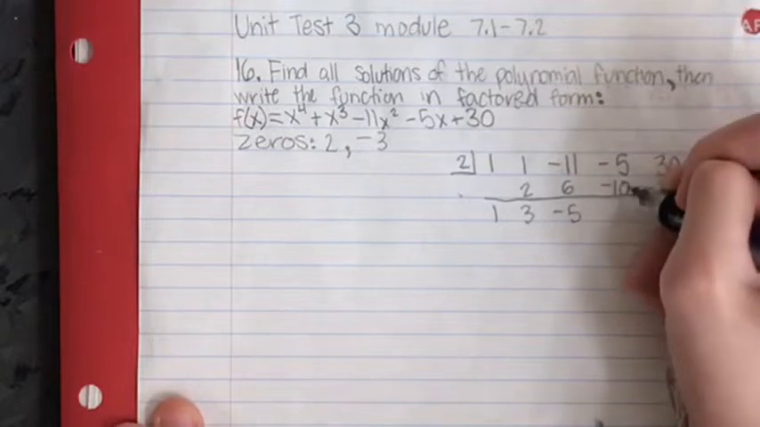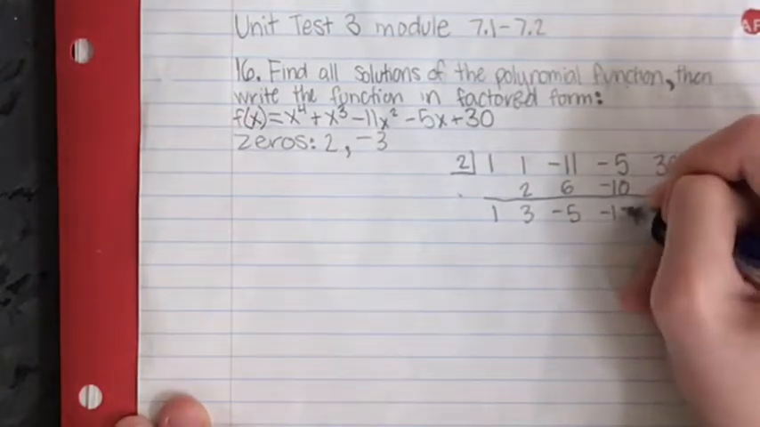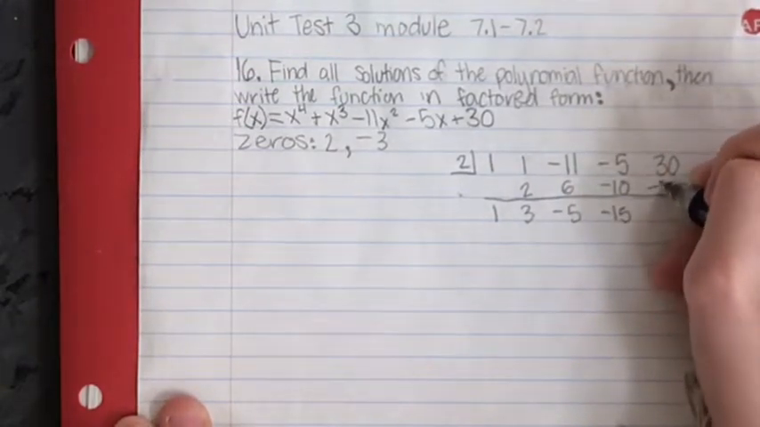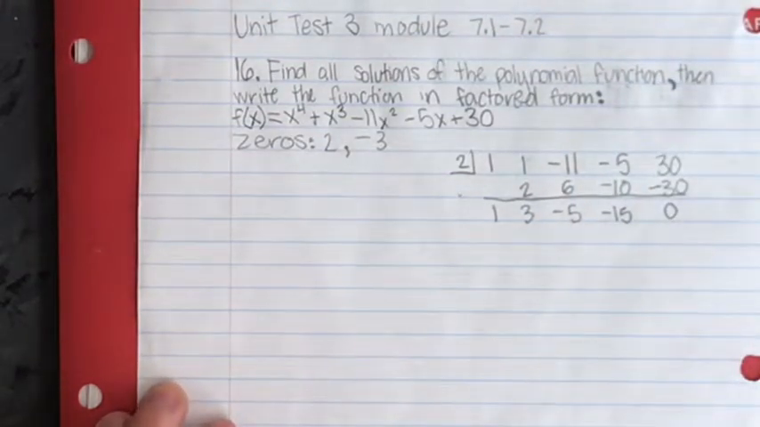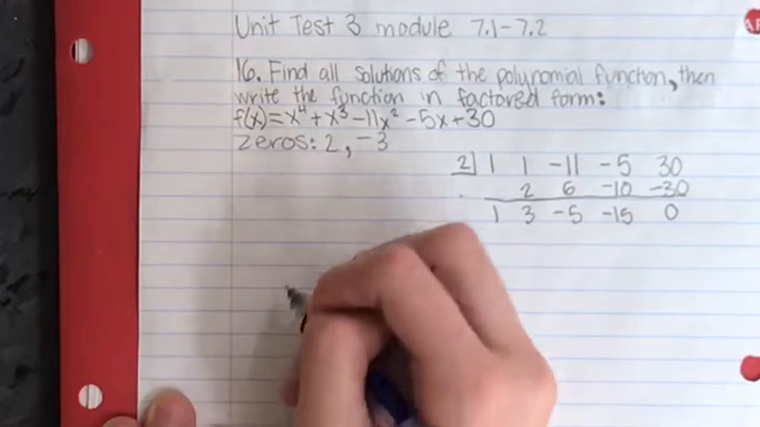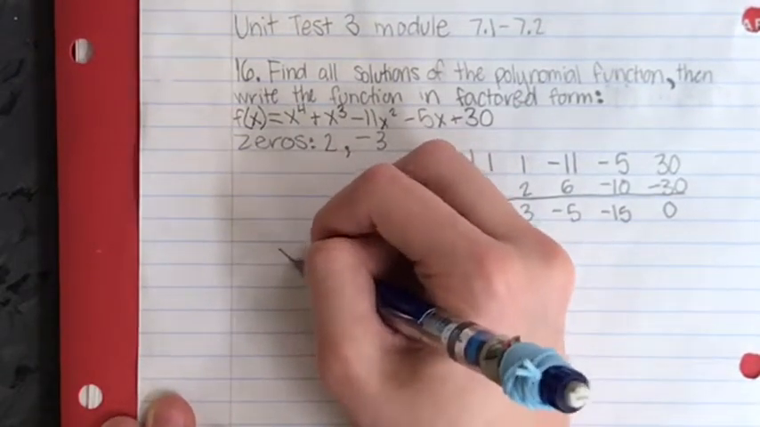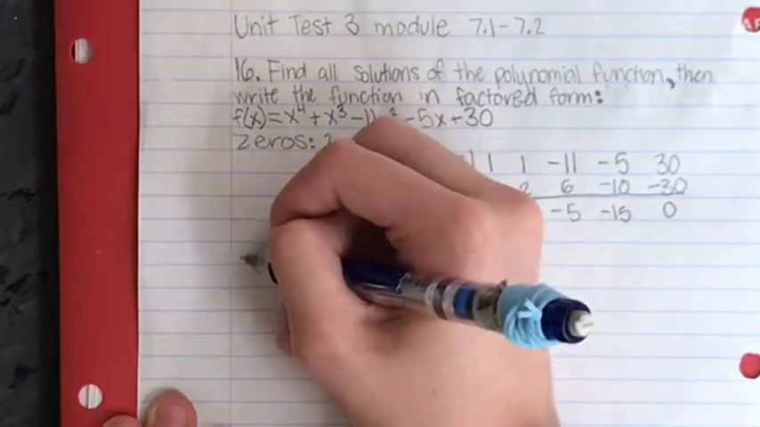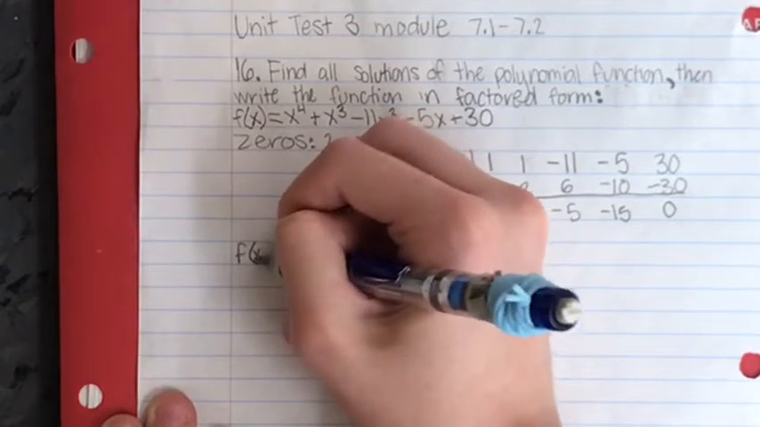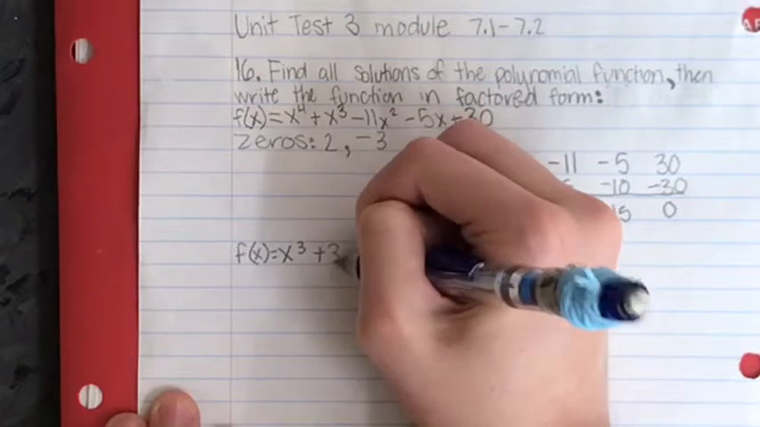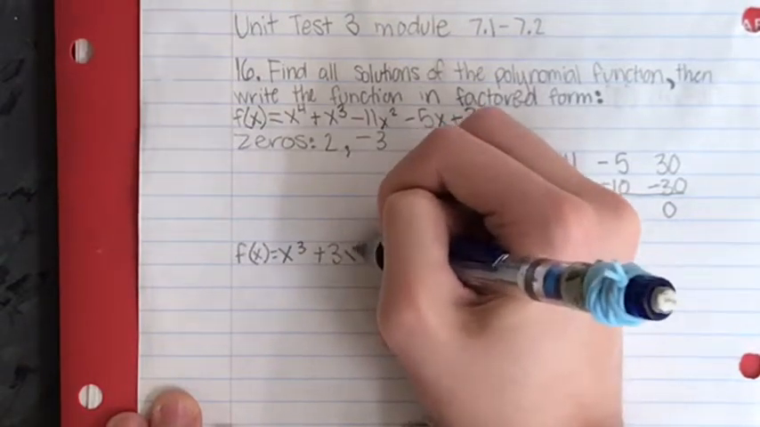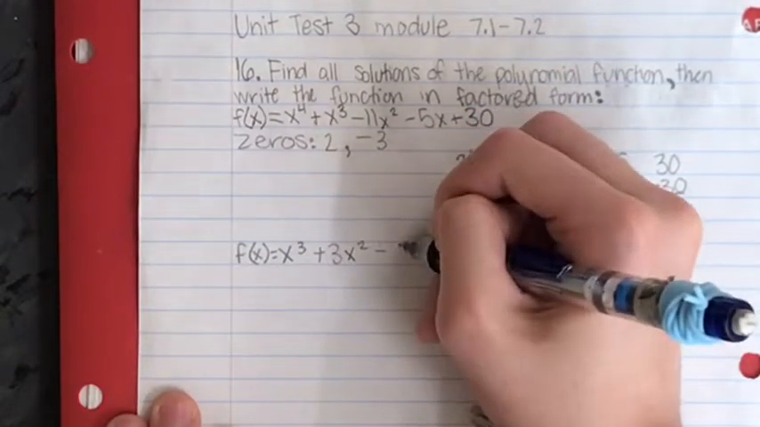Then you'd continue doing that, multiplying 2 to 3 to get 6, and then you add negative 11 to 6 to get negative 5, and then continue that trend. Now that you have this, you can put it in a simplified form. You bring the 1 and put it to x to the third, you bring the 3 and put it to x squared, then you bring the negative 5 and put it to x, and then negative 15 is your final